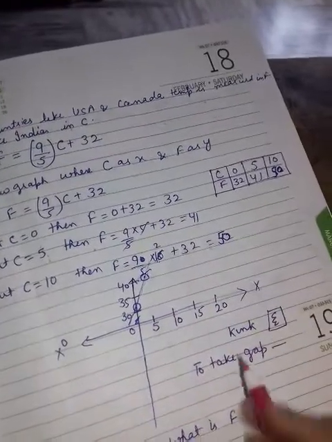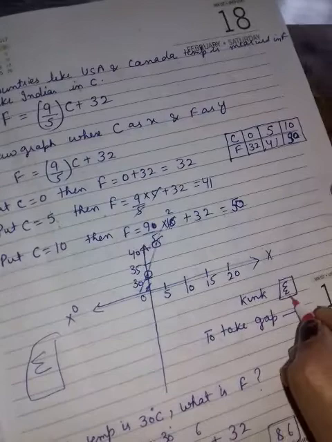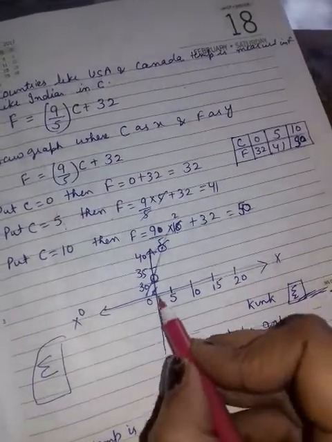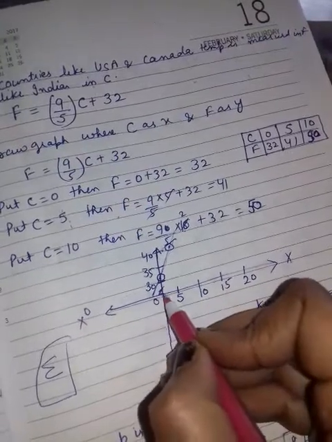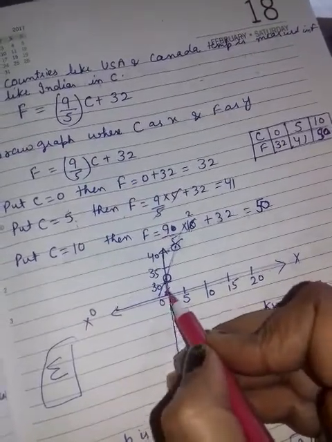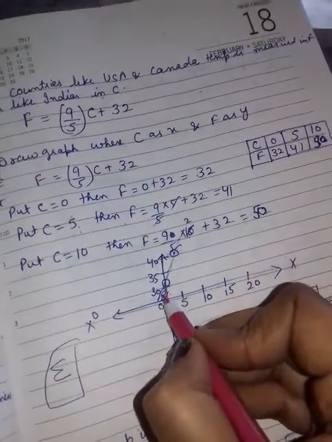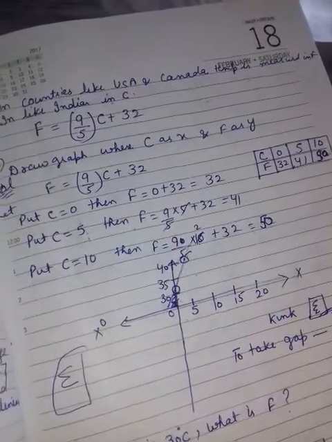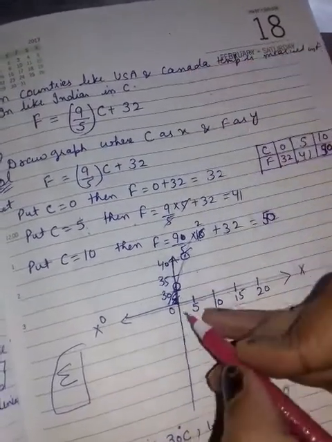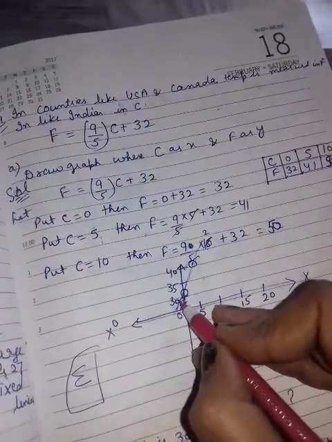And one thing more, you know about this. This is what? This is a kink. A kink is used to take the gap. I have taken the gap of 5, 5 here, but now I am leaving so many numbers, 0, 5, 10, 15. I am making a kink here to make it easy because otherwise it will go too large. That's why I made the kink. You can also make a kink whenever the difference is not the same.